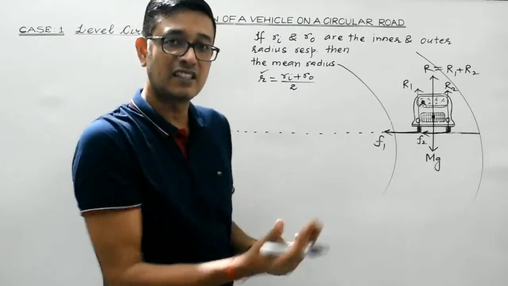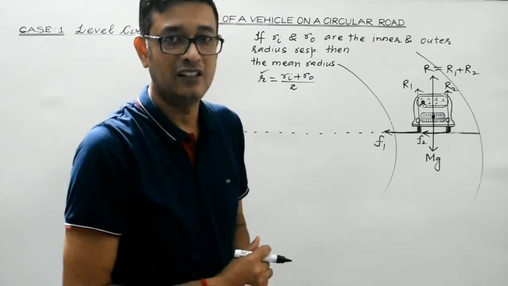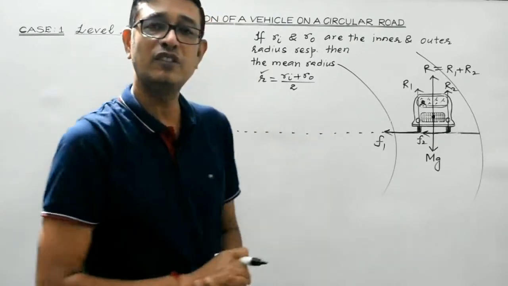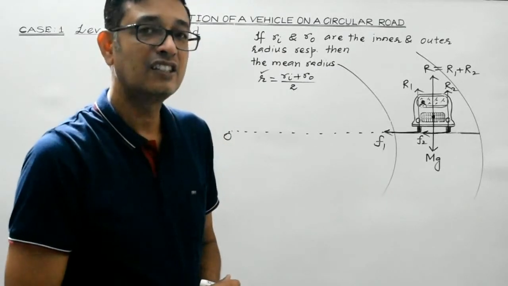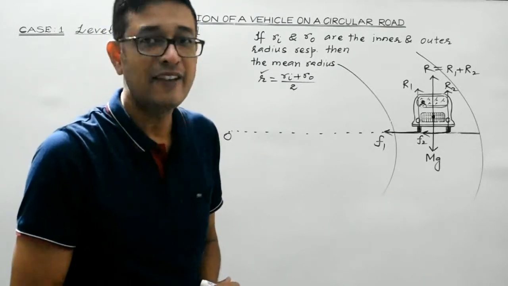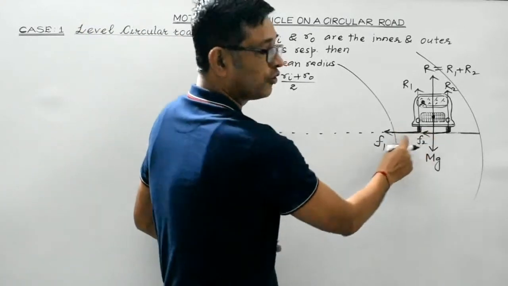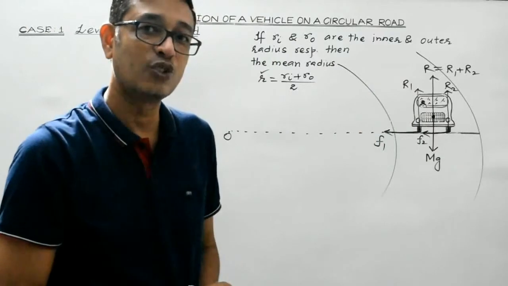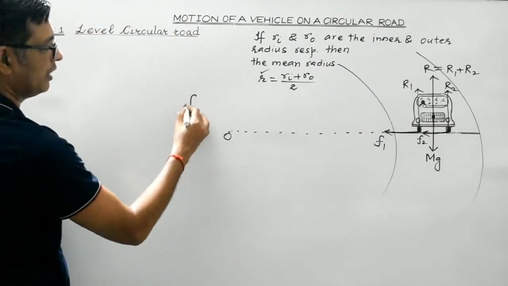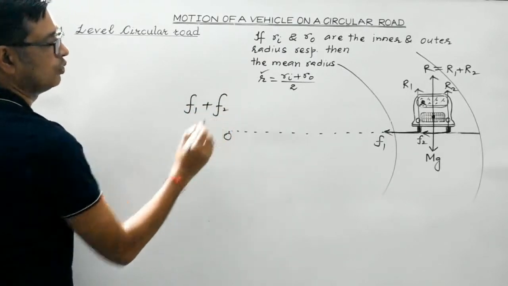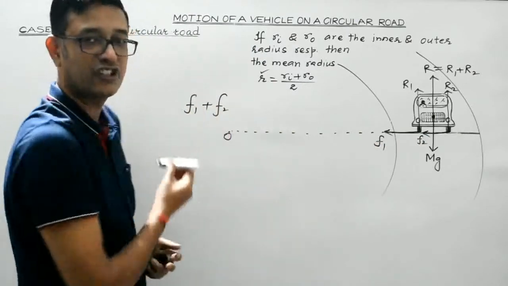So while taking the turn, suppose the velocity of the vehicle is v, and as we have discussed, the radius of the track or the radius of the circular turn is r, then centripetal force would be mv square by r, and that is provided by this force of friction that exists between the road and the tire surface, isn't it? So F1 plus F2,